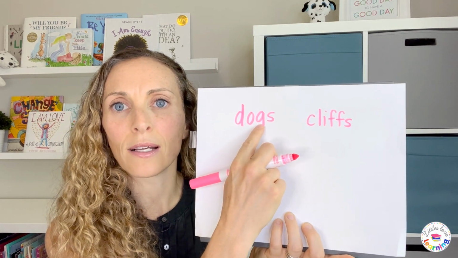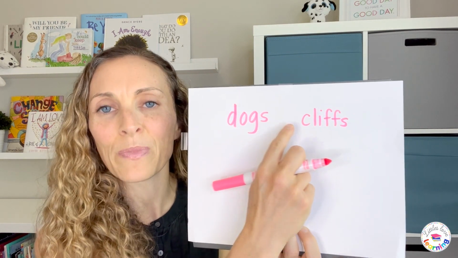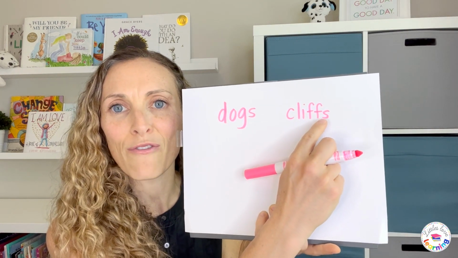I have dogs, voice box on, cliffs, voice box off. So if I can teach this to my students early, then I don't have to teach them is, his, as, has. I don't have to teach any of those as heart words because they're going to see is and they're going to know iz, because the sound before the S is a voice box on sound. I. All of our vowels are voice box on sounds. So that would be true for is,